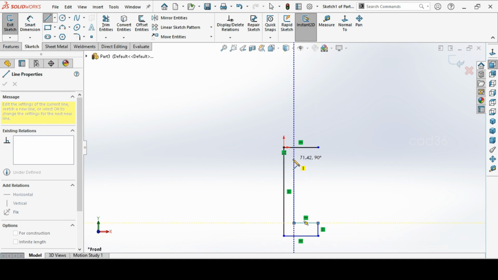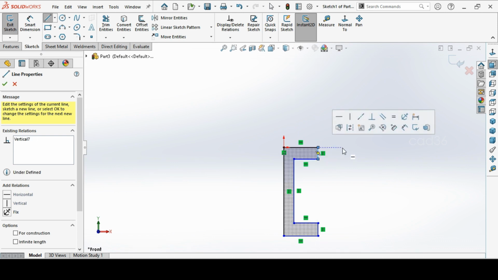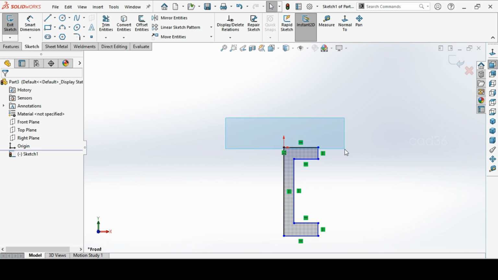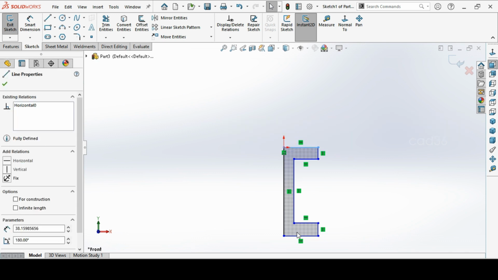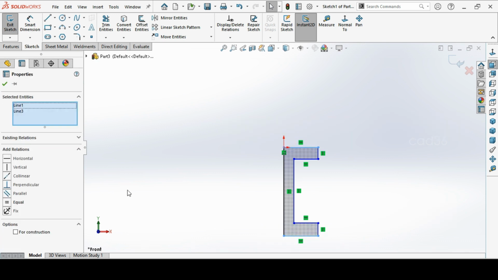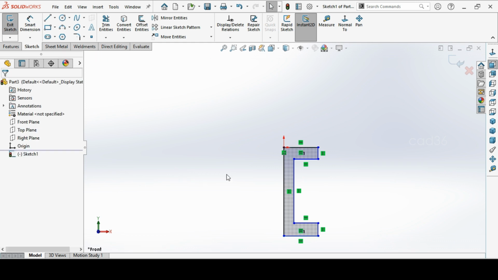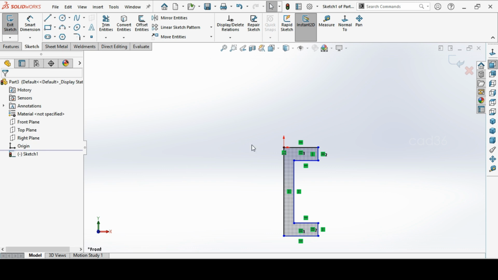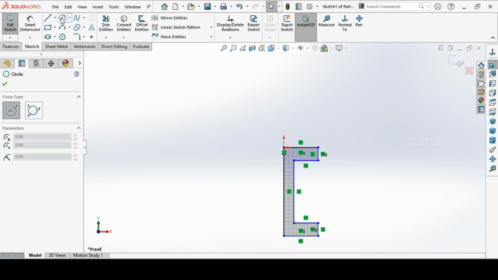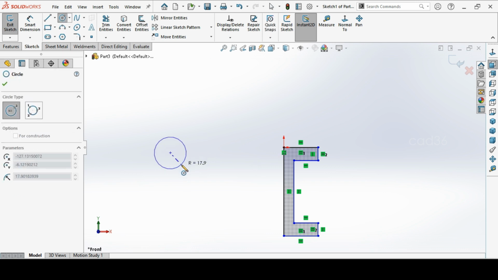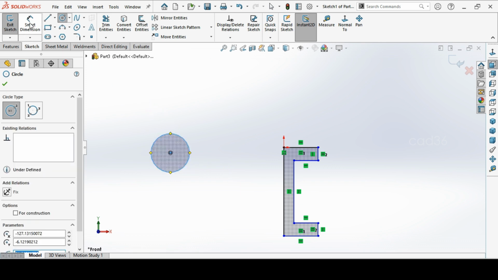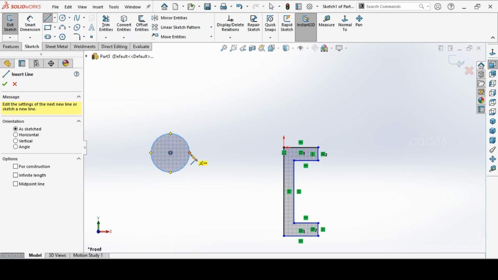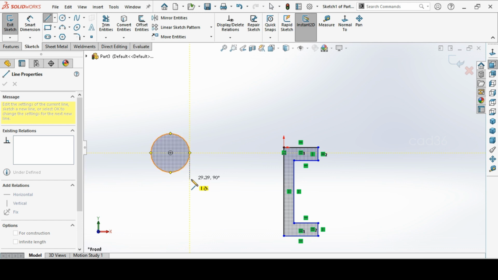Just draw the shape. First we draw the basic shape, then we will make dimension and finalize the sketch. Select the top and bottom line and make it equal, and this corner 2 lines, make it equal. Again go to circle, make a circle, then make a line and go as per the sketch,